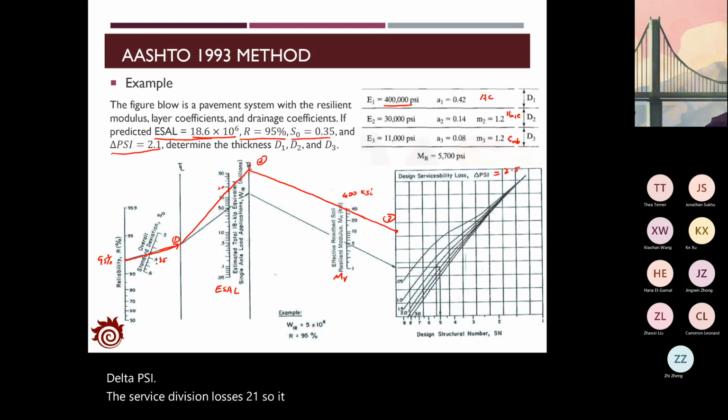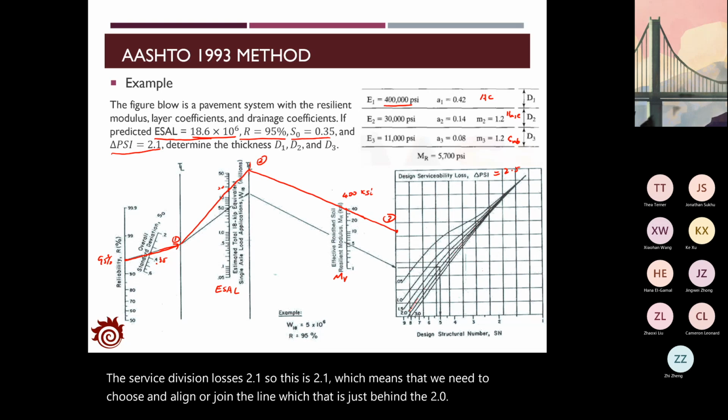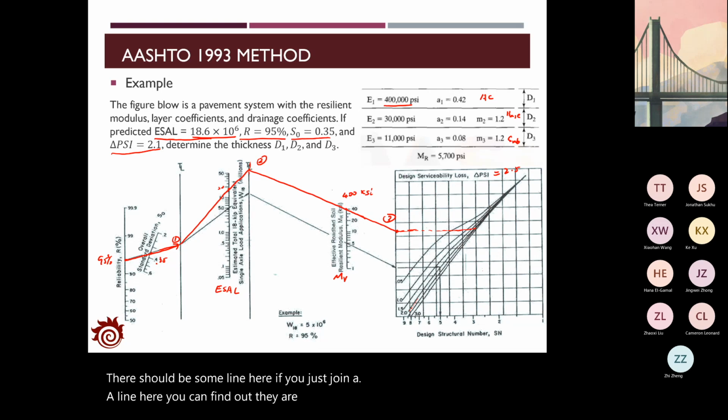So it's 2.1, which means that we need to draw a line that is just behind the 2.0. That should be some line here. If we just draw a line here, you can find the intersection, and with that you can get the